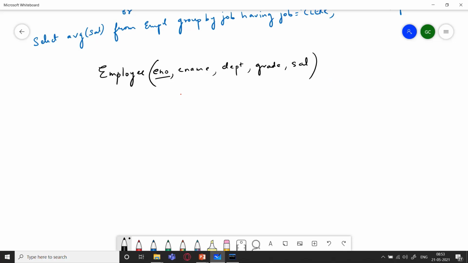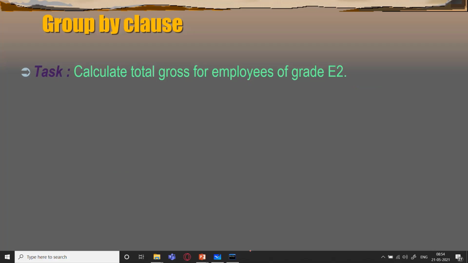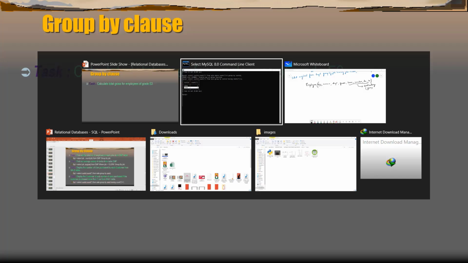Maybe along with grade and salary we have other things also, like suppose we have basic salary, then we have incentive, then we have dearness allowance, travel allowance. So suppose we have these things, and adding these four will give us the total salary, which is also known as gross salary, right? So total gross for employees of grade E2.